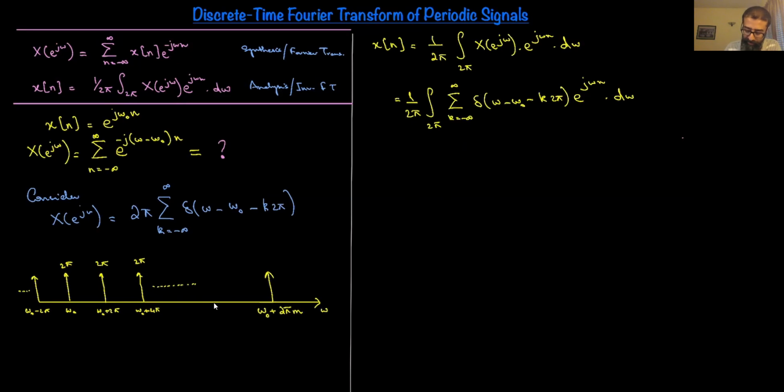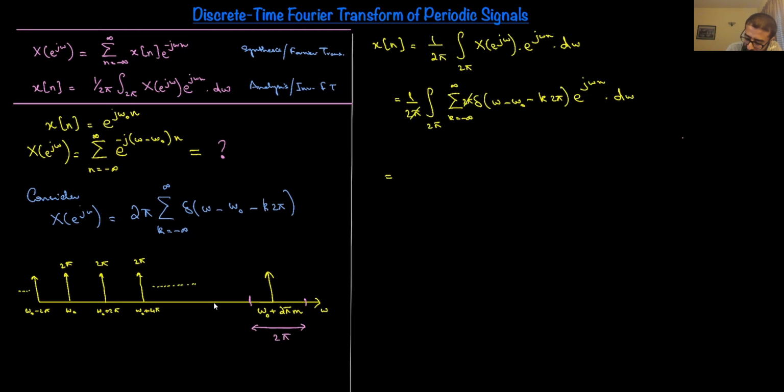So let's say this interval of 2 pi that I had was somewhere over here. So this was here and here. This is where I was integrating, and this was length 2 pi. And with this interval, of course, I just have a single delta function, and therefore the shifting property is going to kick in. There's a 2 pi here, so this 2 pi is going to cancel with this 2 pi. The shifting property is going to kick in, and this will simply be equal to